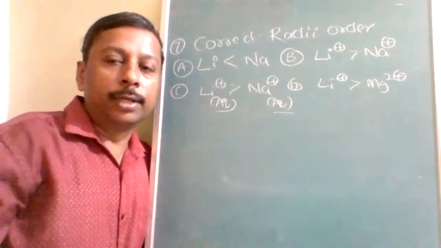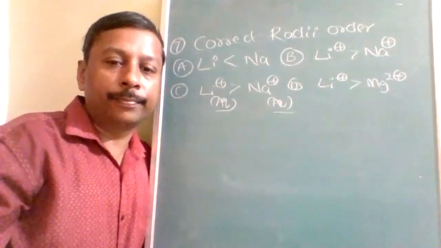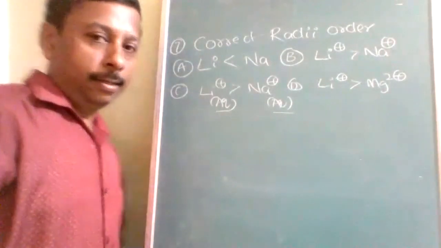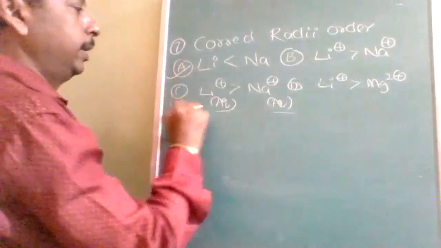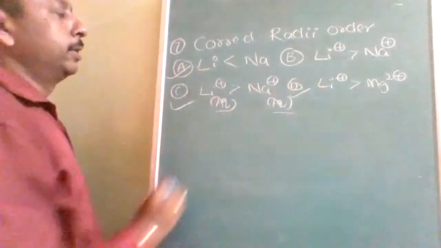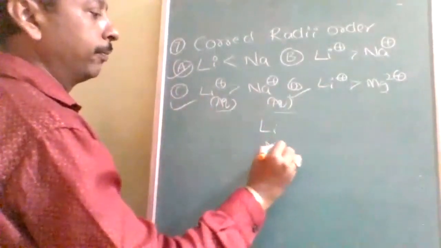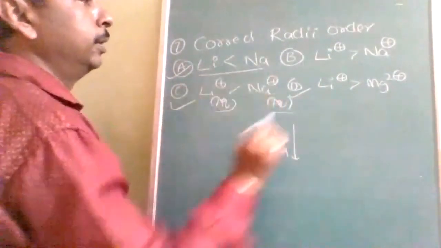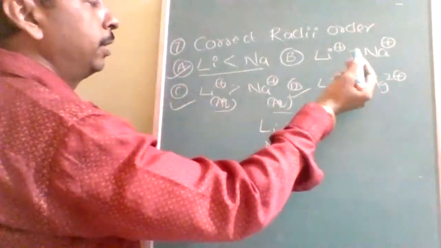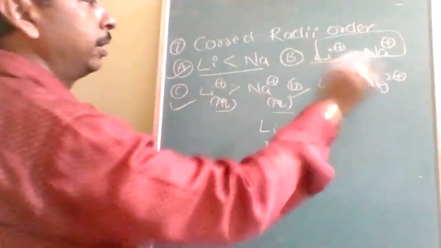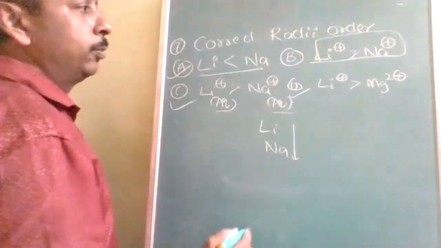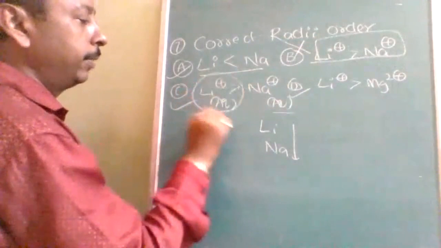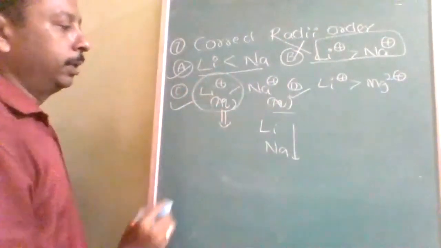Okay, so you can start answering. The answers to these questions are A, C, D. What is the answer? A, C, D. Okay, what is the logic? Simple. Lithium, sodium. Down the group, atomic size increases. See here, whether it loses an electron or not, that won't make any order opposite. It will still be the same. So that's why B option is correct. Here, this is the main problem. People are not remembering this.